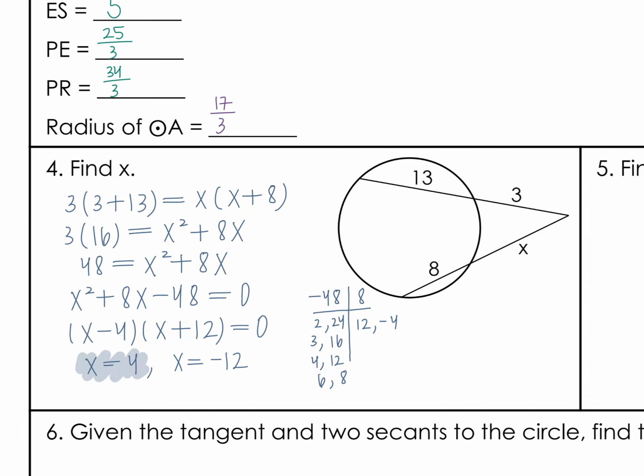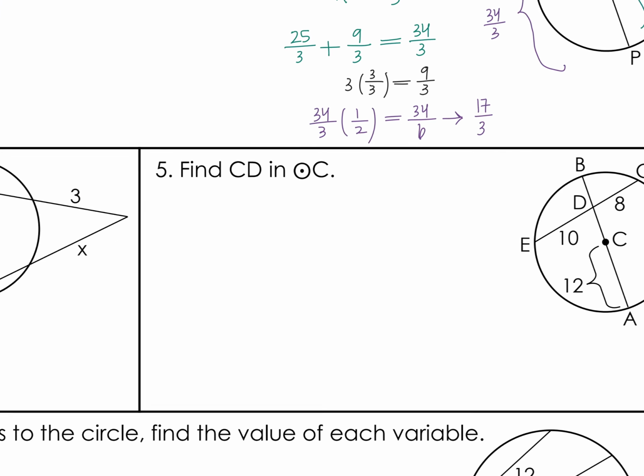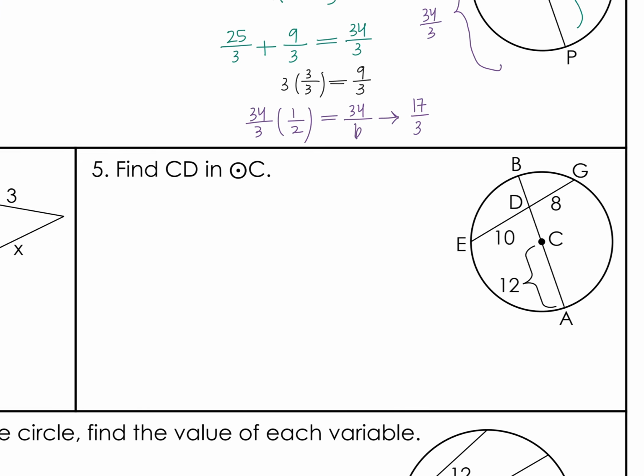All right, moving into number 5. We're finding CD in the circle C. So what I'm going to do here is we do have that intersection inside the circle with our lengths. So we are going to be doing that part times part equals part times part. Well, an easy one is looking at EG. We have 10 times 8